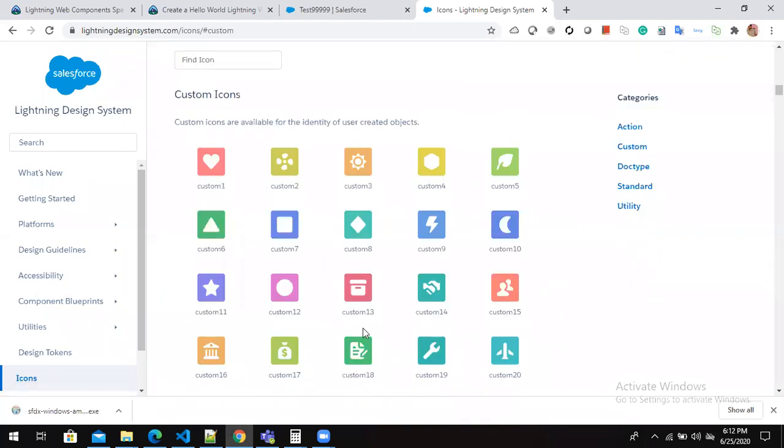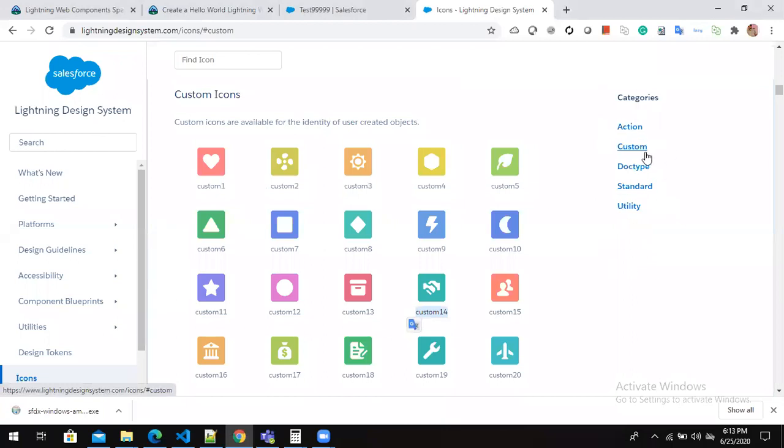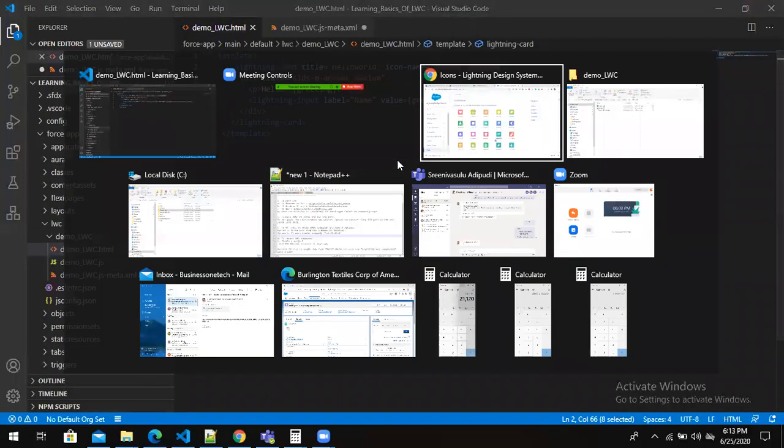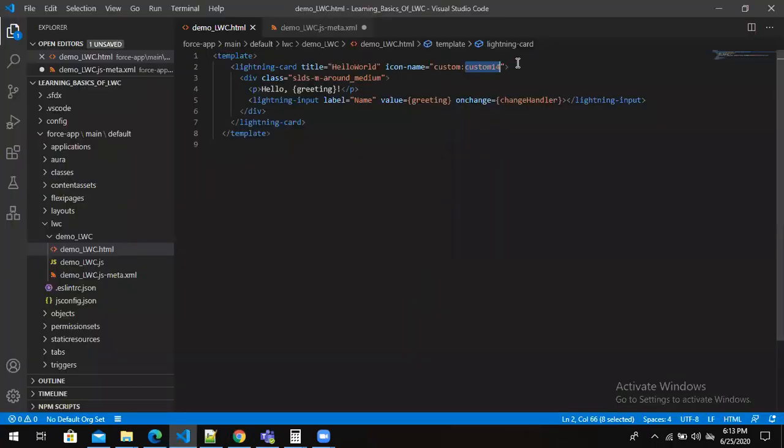This is custom 14. This is how you will take the icons. You can consider this as categories. Category name is custom colon category colon the name of the particular element. Custom 14 is referring to this particular icon. This is how they have given this first line.